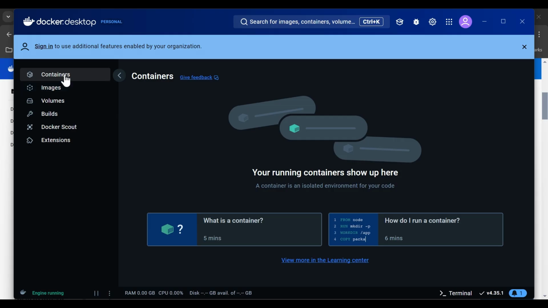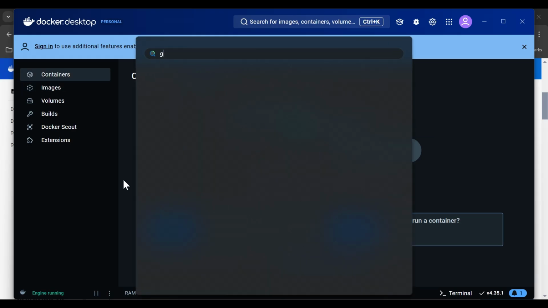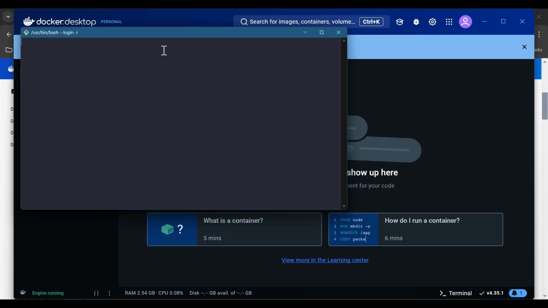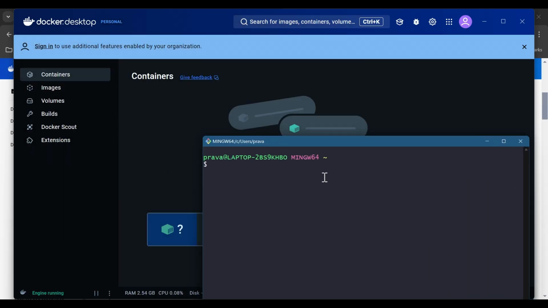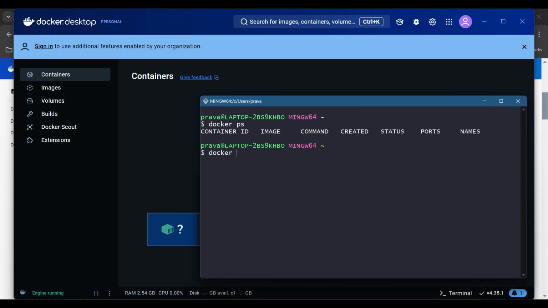No images, no containers. You can open Git Bash or any terminal. Let me open Git Bash to verify the installation. Just run the command docker ps to check if this is working. Open images. Great. Let's try and bring up an NGINX container. So we'll write docker run -d, that is, in detached mode,